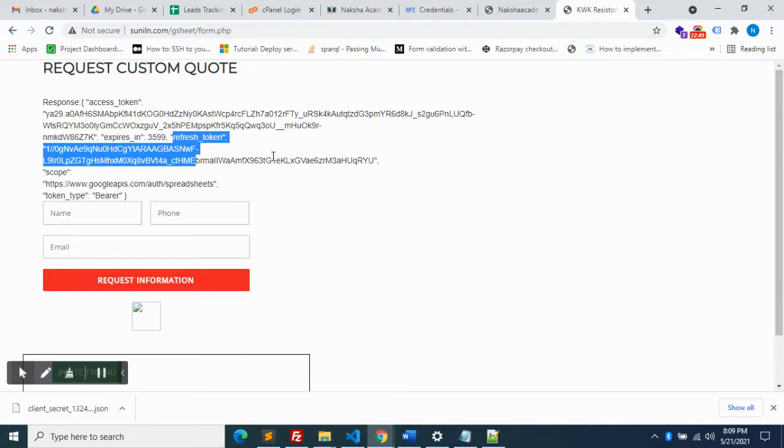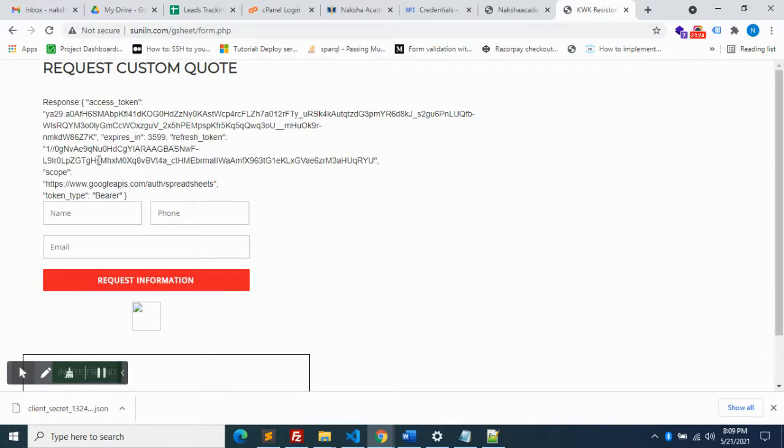First we insert the refresh token in the table. Every time, within 1 hour, we have to check the time. Say the first time the token is inserted, right now its time is 7 o'clock. So at 7 o'clock the token is inserted in our table. After 1 hour we check. If somebody submits after 1 hour, the token will be generated again and the values will be inserted.